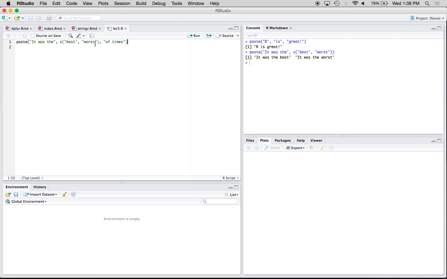Yeah, so it'll return 2 strings. It was the best of times. It was the worst of times. Essentially, the off times would be like as though it's part of the, it was the. Yeah. And the 2 is how we substituted twice. Yeah. So it will